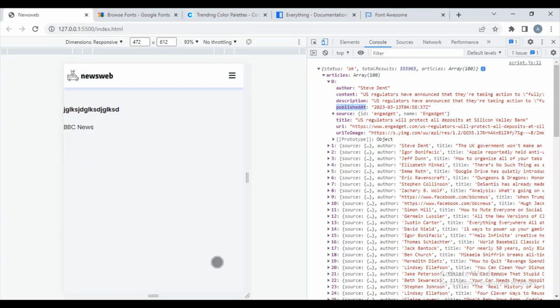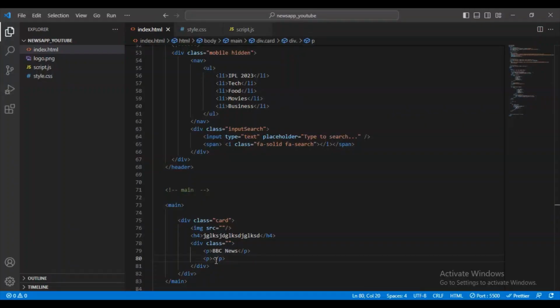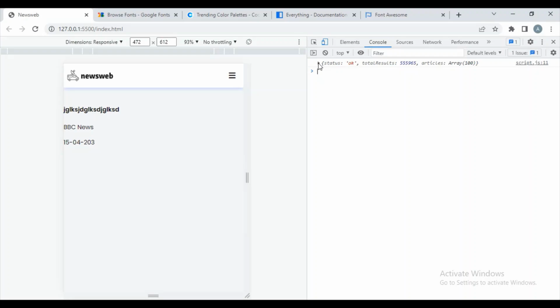What is this date? For that, here, just like 2004 and 23, like this type of date, or I will add 15, like this type of date I will add it, and here you can see display